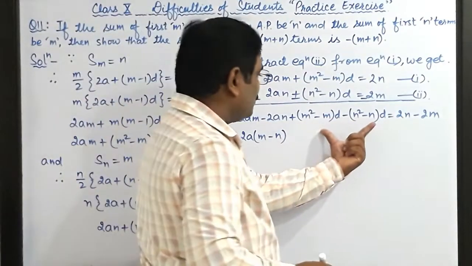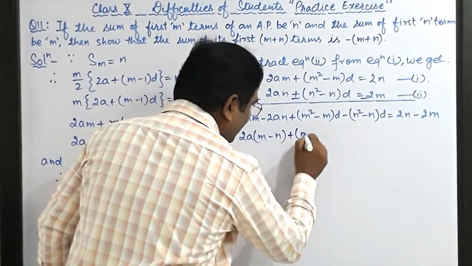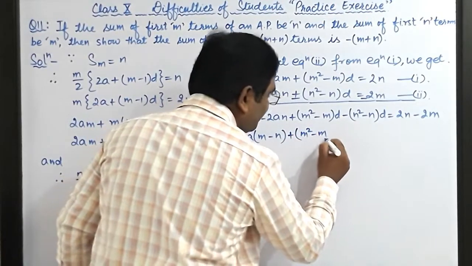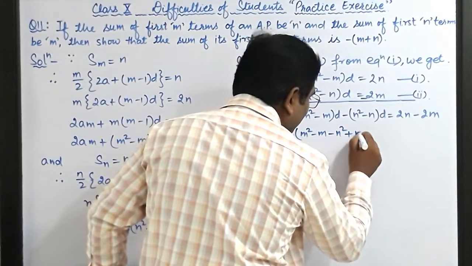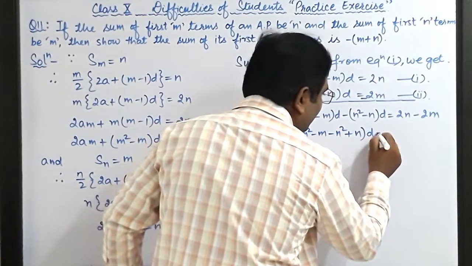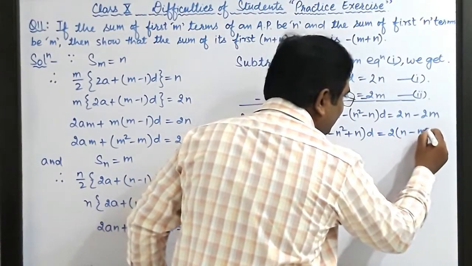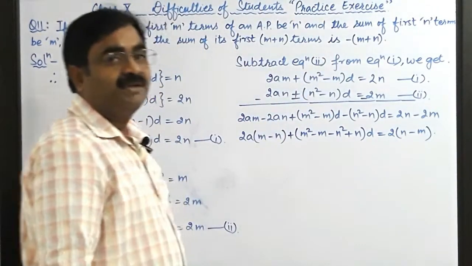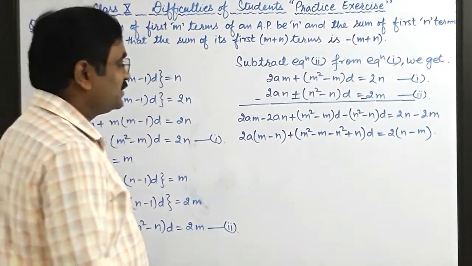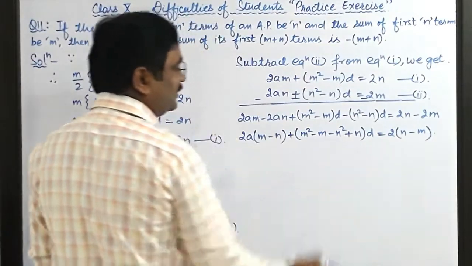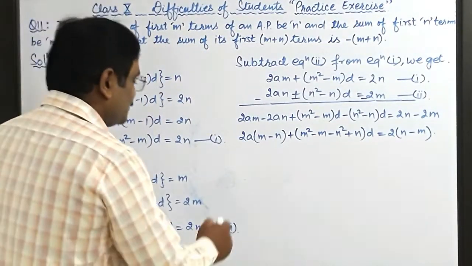In this d is common, so take d as a common, so plus m square minus m minus n square plus n into d is equals to 2 is common, n minus m. स्टूडेंट्स कोई प्रॉब्लम हो तो बताइएगा आप. राइट? लेट अस सी, इसको अभी सिंप्लीफाई करना बाकी है बेटा. दिस इज रिमेनिंग. सो इट कैन बी रिटन एज